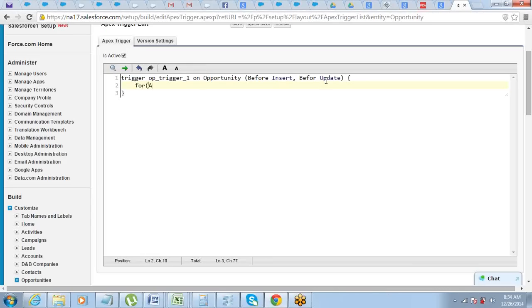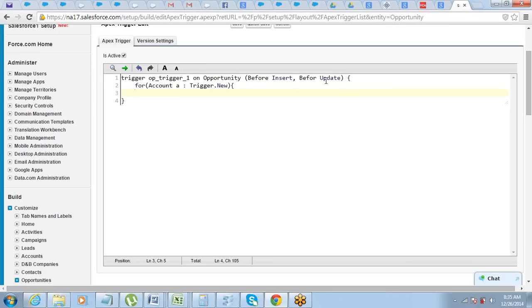Now let's start writing the trigger. So I say for. As I told you, this can be a list. This will basically return a list of records. For that reason I'm running a for loop here, just to make sure that it goes and checks each record one by one. It's simple logic, right? For account A in trigger.new, so A being the current record in context,